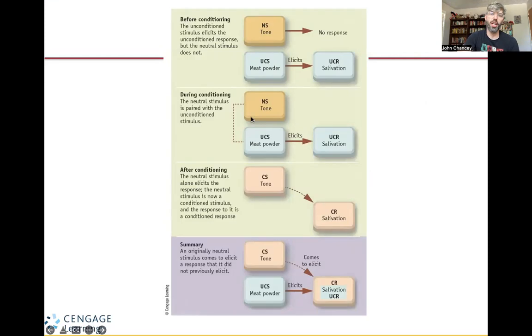This is called the conditioning event. We're going to pair these two together. Ring the tuning fork, present the food. Ring the tuning fork, present the food. And eventually we get to the point now where the tone alone, the tuning fork alone, elicits the response of salivation. You combine those two events together. So we're taking a neutral stimulus initially, and we're creating a conditioned stimulus where the dog learns, oh, when I see the tuning fork or hear the tuning fork, then I get food, or I get the meat, and starts